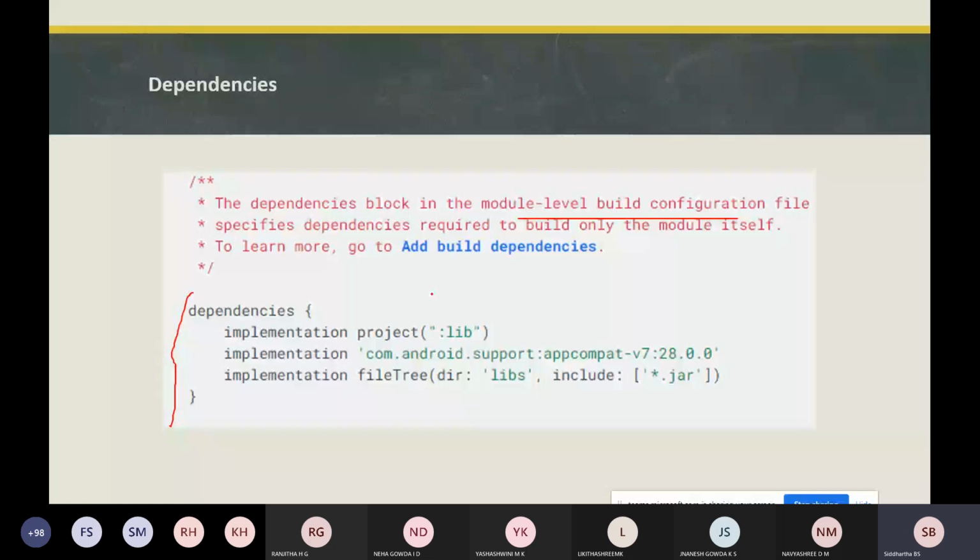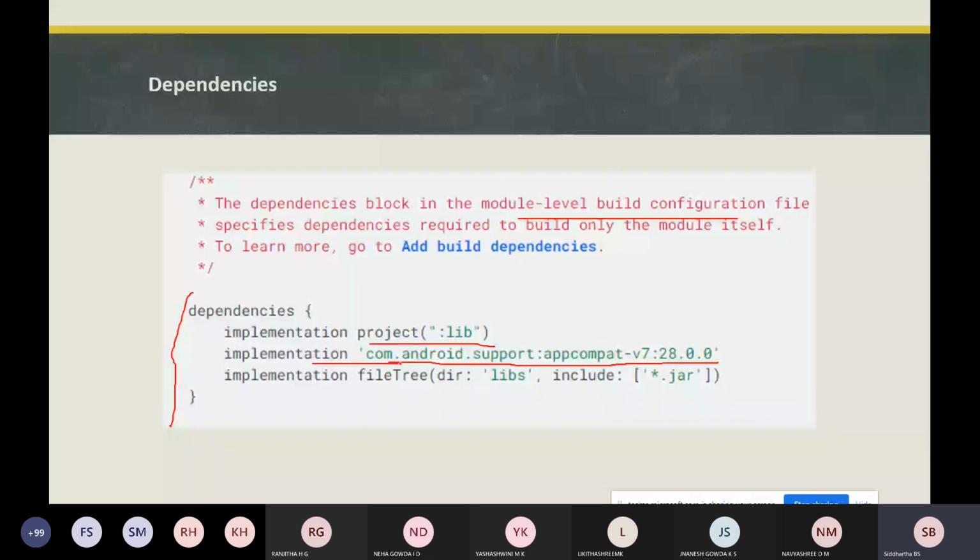in the module level. Okay, so in this you can see the project includes many libraries, including the com.android.support appcompat version, where it implements this package, and it implements fileTree.